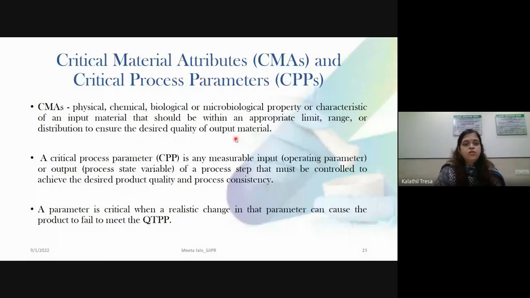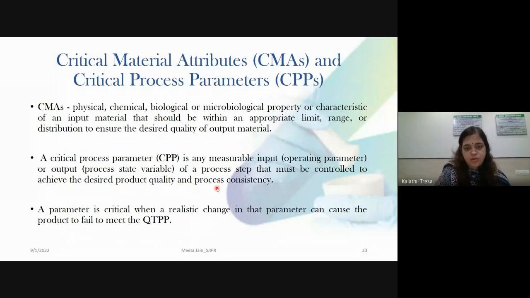And a critical process parameter, the second part, is a measurable input, that is an operating parameter, or output, that is a process state variable, of a process step that must be controlled to achieve desired product quality and process consistency. So these CMAs are related to your excipients and API, which you are going to put into equipment, the unit operations, to get the desired product.